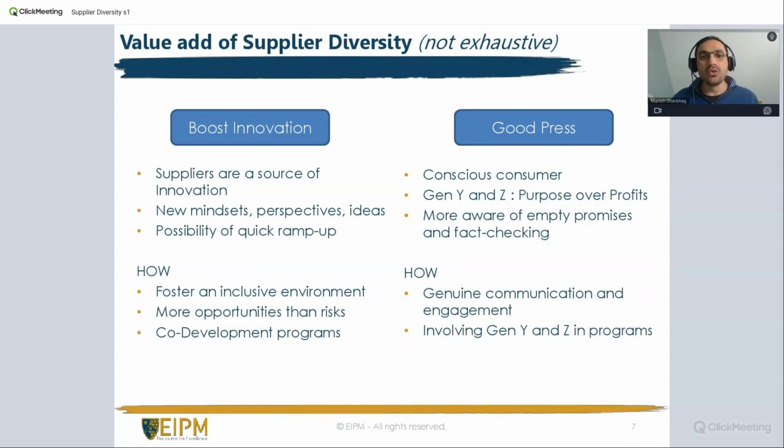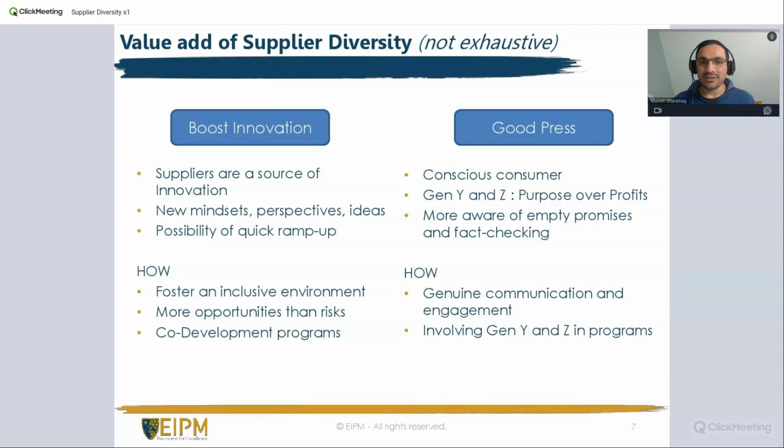So it's a two-way communication, it's a two-way traffic, and that can help you look for different ideas. The other thing that it does, it gives you good press, good media coverage. More and more consumers are becoming conscious of this topic. In Gen Y and Gen Z parlance, we say woke. People are becoming more and more woke, which is aware, a bit more open-minded, right? And your final consumer is very much aware of this.